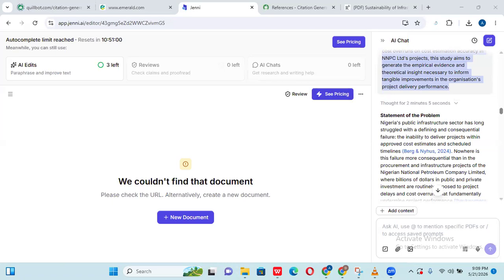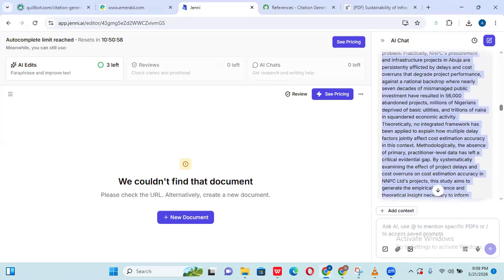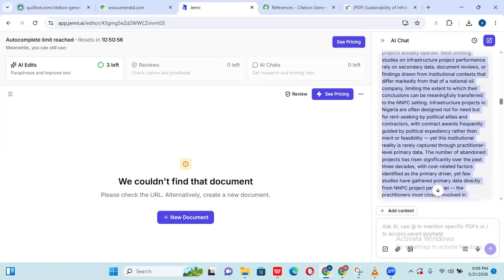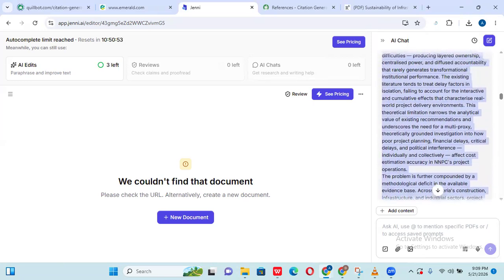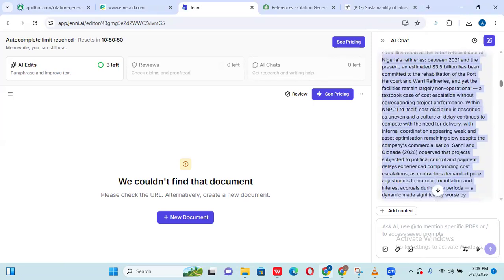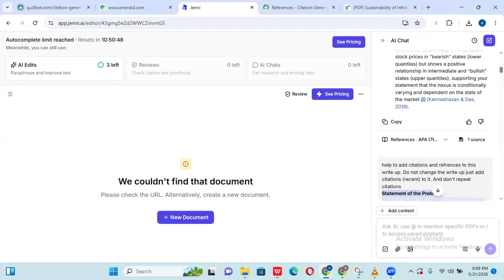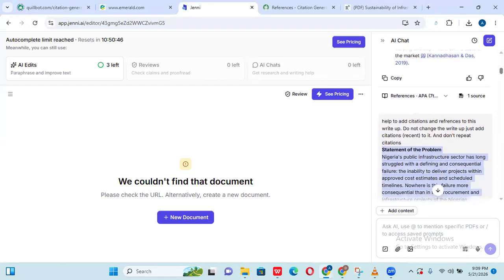So I contacted Jenny AI. I went to the app to chat with it. So you can look at what I did. I said, help to add citation and references to this write-up. Do not change the write-up. Just add citation.